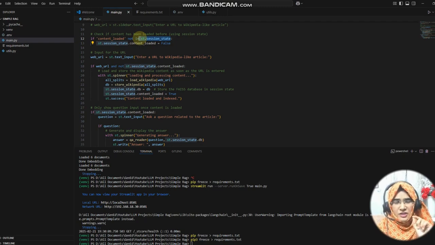This session state means that if we are loading the data, you have to save that particular data into the session so that you will know that you have the data in your session. What does it mean? It means that we are providing the Wikipedia article name, right? That article is loading, and your user is asking a specific question related to that article. The user will ask one, two, three, many questions, right?